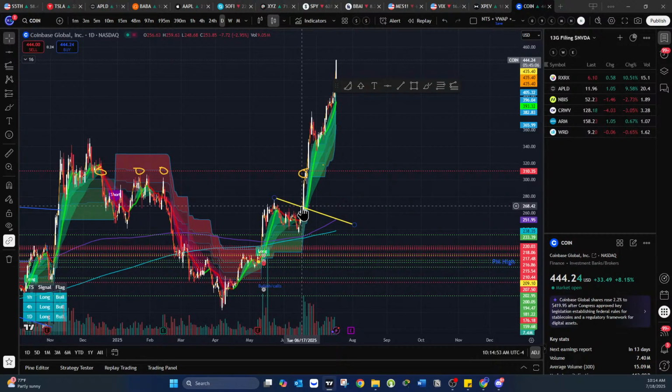Looks like SPY is breaking down so far. For you guys that are in the chat, are you day trading SPY, QQQ, anything of the indexes, or are you more stock traders? Let me know in the chat, because depending on you guys, I'll take a look at some things.